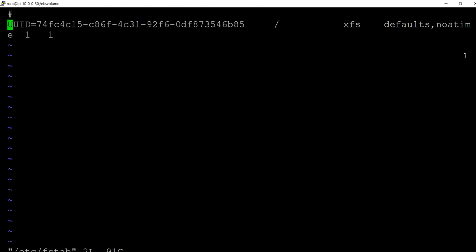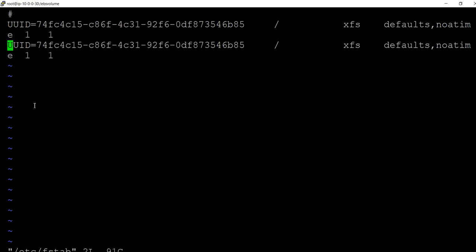In Linux there is a shortcut. If you want to copy this entire line to a new one, just press yyp. If you press yyp, it will copy. And if you want to edit now, just press i. If you press it, it will go into insert mode. If you see here, insert mode is there. Just navigate to this and delete this one.